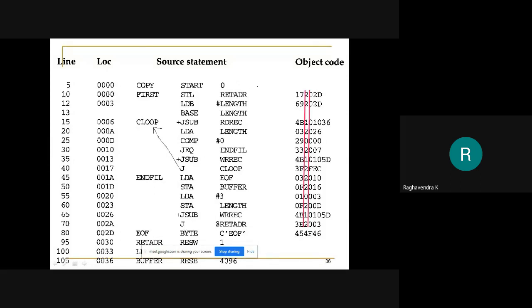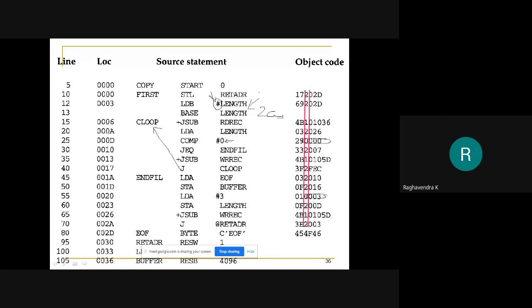Okay. Then the case of immediate instruction. Immediate addressing mode is indicated with hash. But there are two cases that you are supposed to consider. The first case is when you have a label. The second case is when you actually have an operand or a number. When you have a number, you directly write it by setting the I value to 1, as you can see here, I have done that.